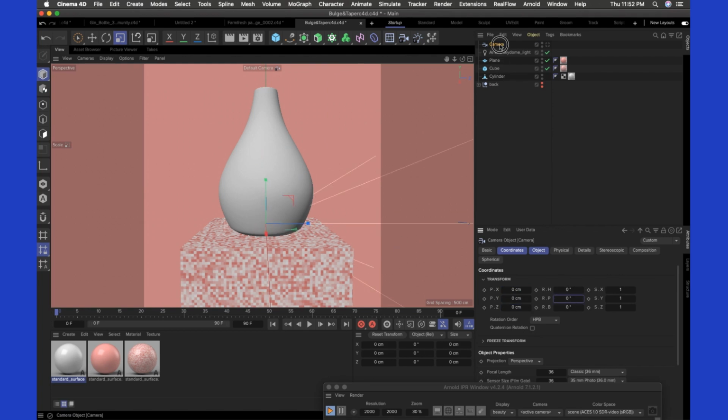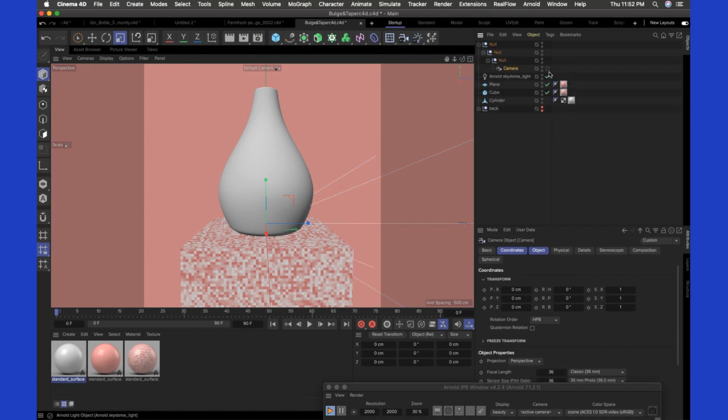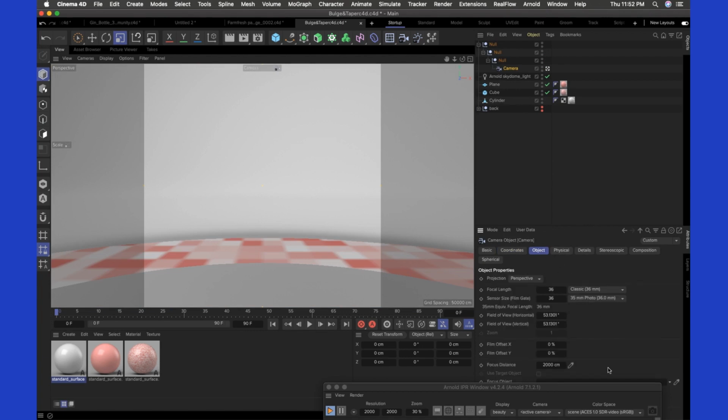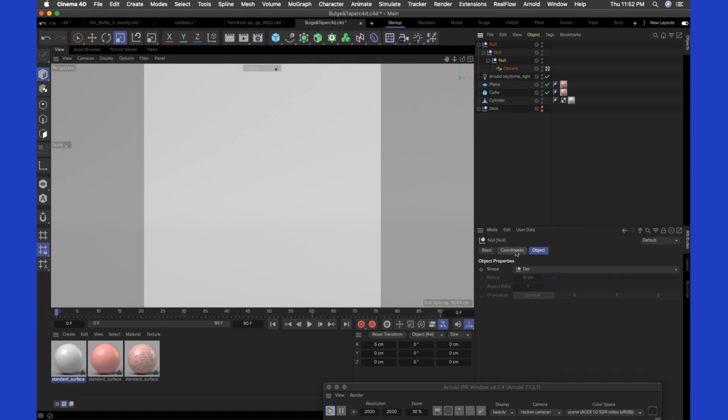So I'm just saying Alt G, Alt G, Alt G. So now I want to change this object to telephoto. So my coordinate here,